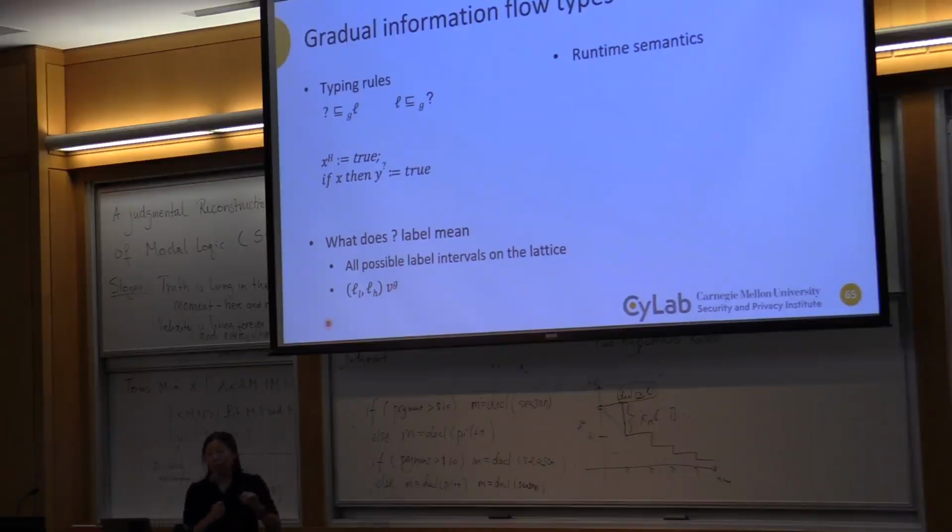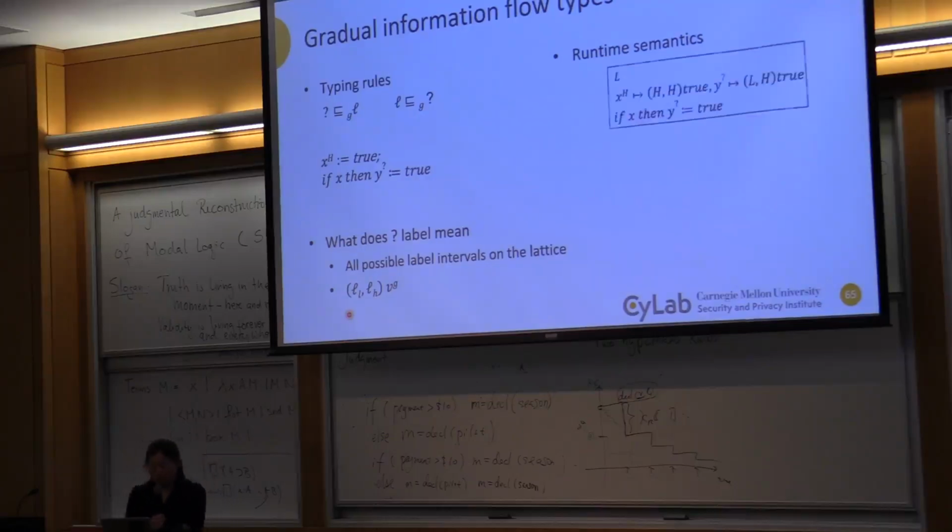When I know nothing, it's all possible labels on the letters. Gradually, I'm refining the range that the label can live in. So the interpretation is a pair. There's a low bound on the label, there's a high bound on the label. As I'm doing this, you can imagine this region gets smaller and smaller. So that's at the high level.